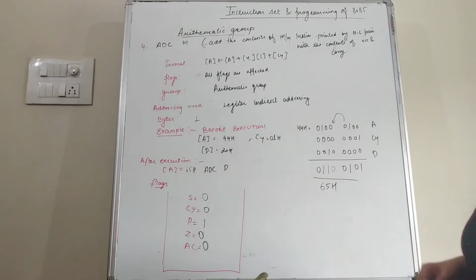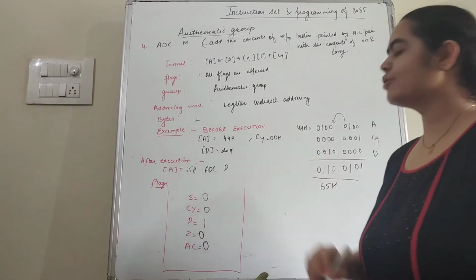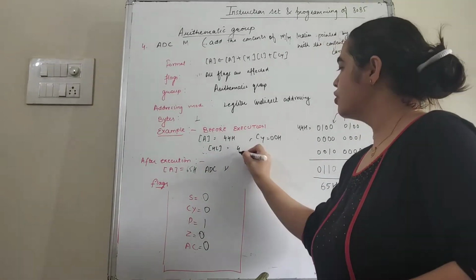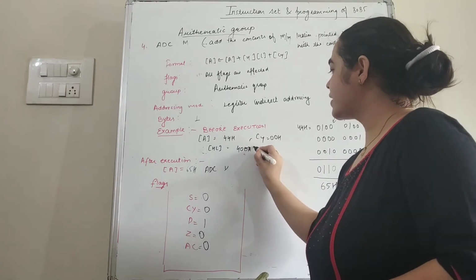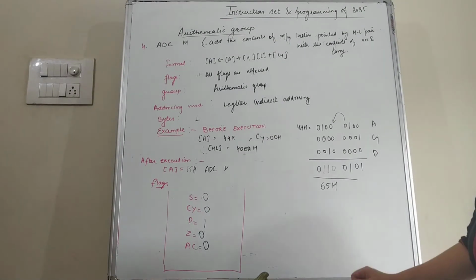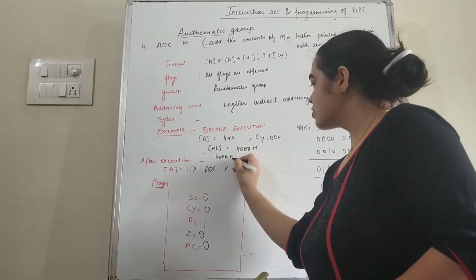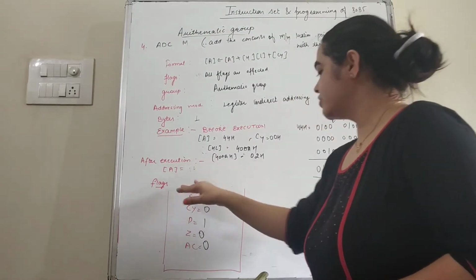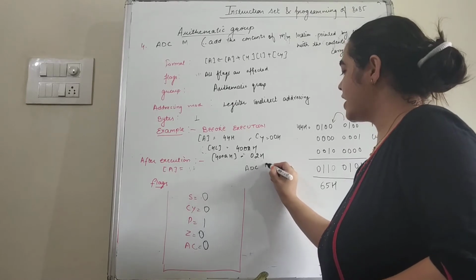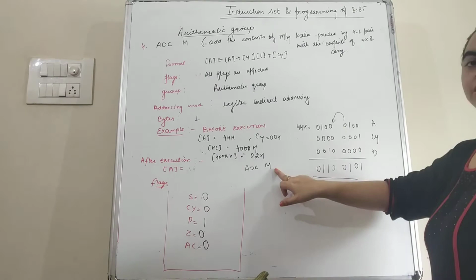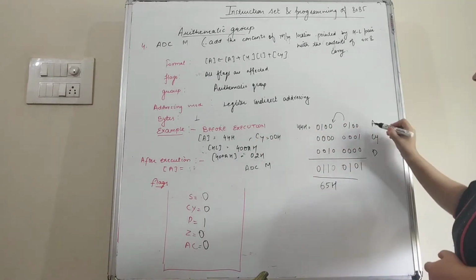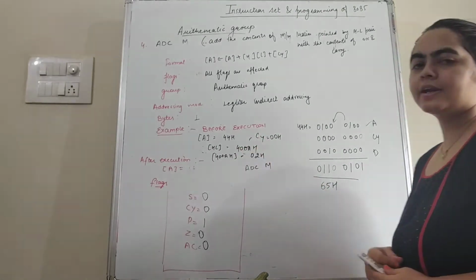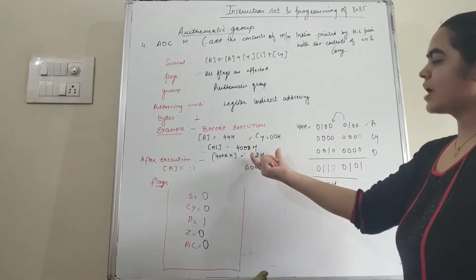So students, again we can take an example. Suppose we have the carry flag equal to 00H, and the HL pair points to the memory location 400AH, and in this memory location we have the contents 02H. Now suppose we have the instruction ADC M. After executing this instruction, what we have in A is 44H, in the carry flag 00H, and in the HL pair the address 400AH, and in this address the value 02H.